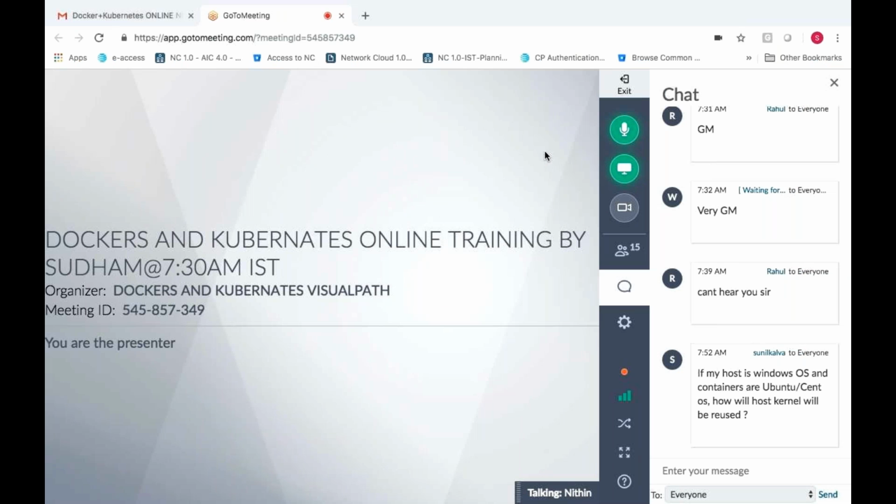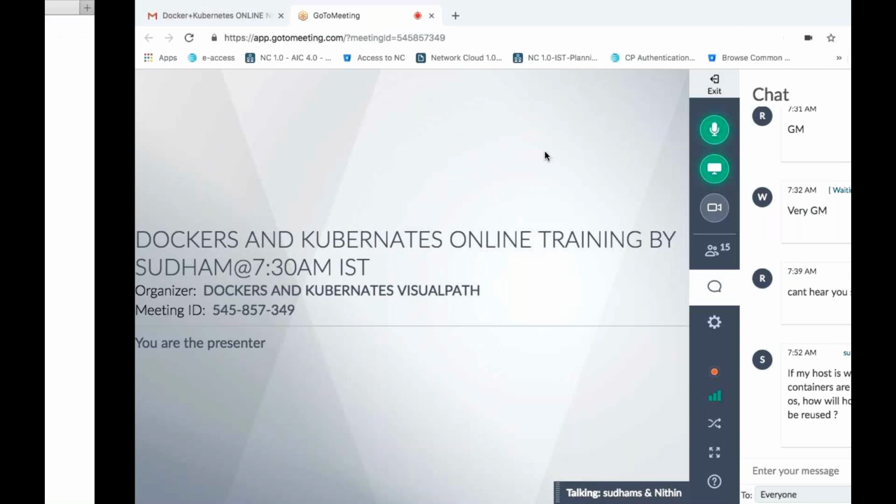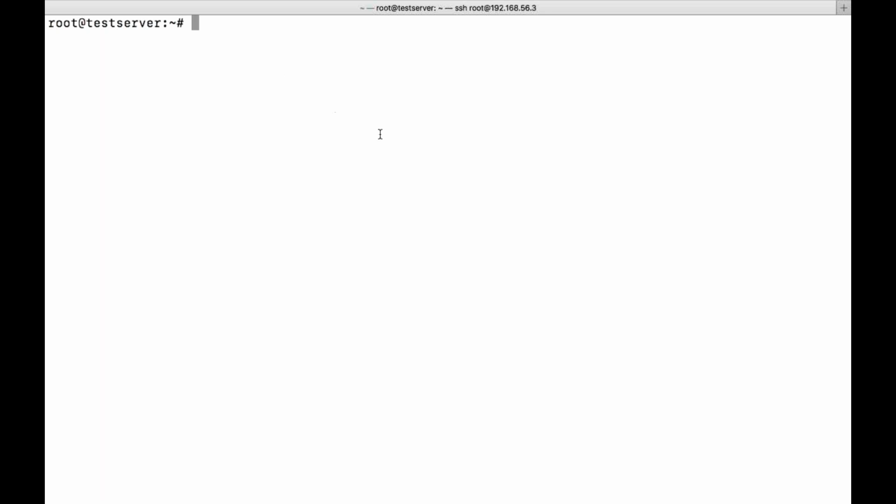It is not supported. But containers are independent of platform, right? See, let's say you try to pull a Windows image and create a container here. Today we'll be talking about container creation. Try to pull a Windows image and create a container here. It doesn't support it, according to the platform. Platform independent in the sense that Docker can be installed on Linux, Windows, Mac OS. The Docker package is not specific to one operating system. That is what they are trying to say. Docker containers are different and Docker is different.